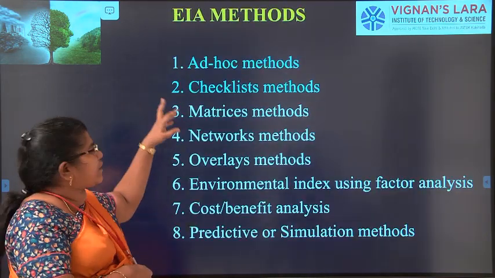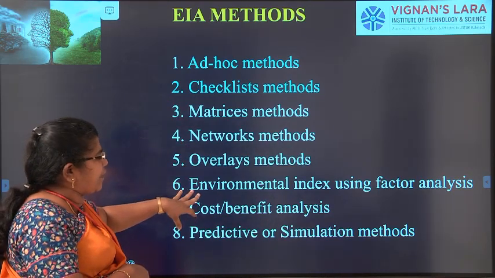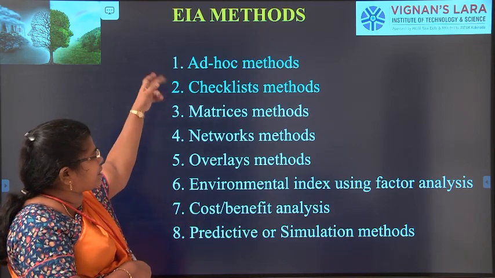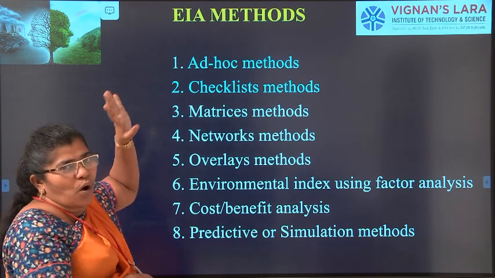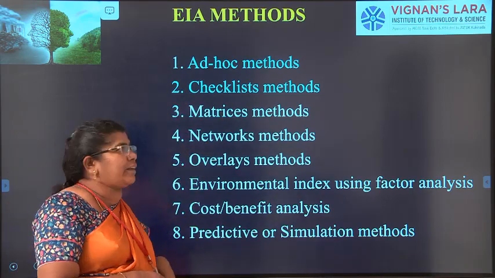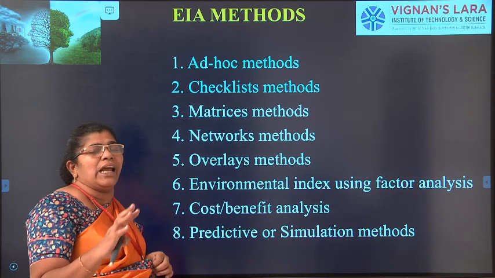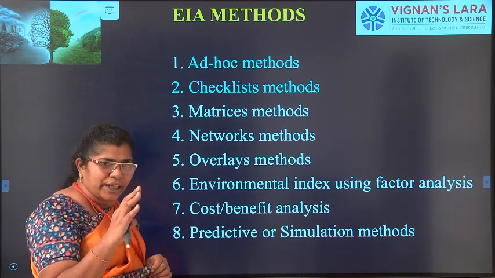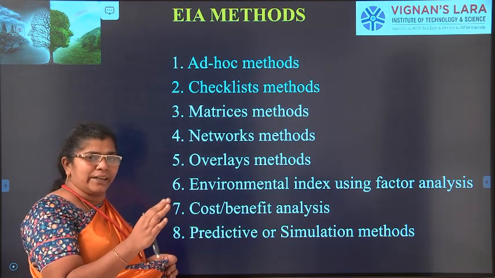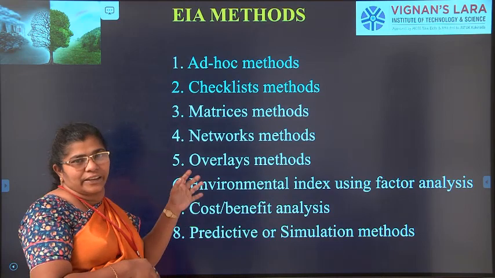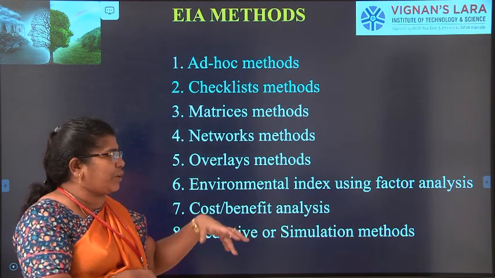So the EIA methods are ad hoc methods, checklist method, matrices method, network, overall analysis, environmental index, cost benefit and predictive. With this class we saw what ad hoc methods and the checklist method are. In ad hoc methods, overall they will say these are the things that are affected. But in the checklist method, we can take even the specific things that are affected. And even in this, if I am going to take an animal, particularly this animal, tiger or elephant, that is going to get affected, I will take it into control. That study I will make, how much quantity, how much quality it is going to get affected.